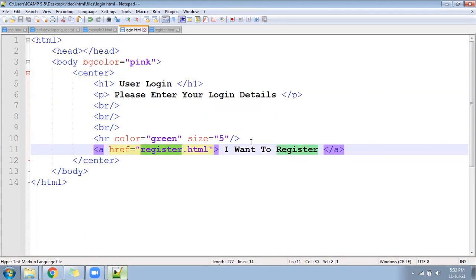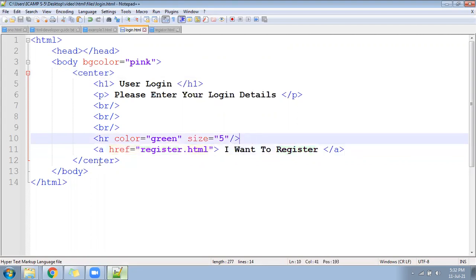The register page. So while linking, what is the tag name? The tag name is A, and it has a property called href. In that you have to pass the file name you want to redirect to, and then write the text you want to link, and close the tag. A is a dependent tag. You can see it opens here and closes at the end, so the tag that opens and closes is called a dependent tag.